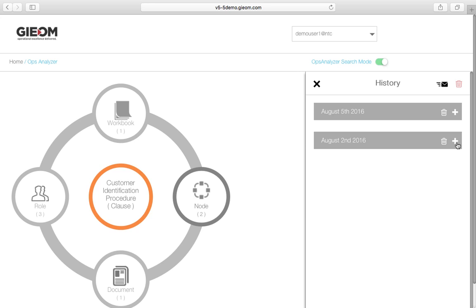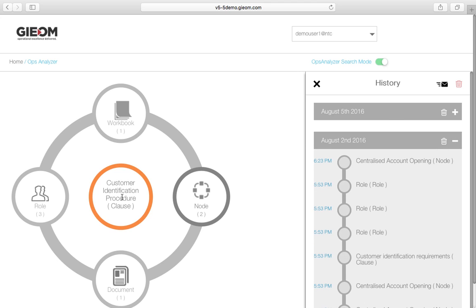So on August 2nd, while touching this clause, where are the other touch points, where are the other touch bases I have made? So I know that I have also seen these many processes while performing this particular clause, while touching base this particular customer identification process. So we can pick a few